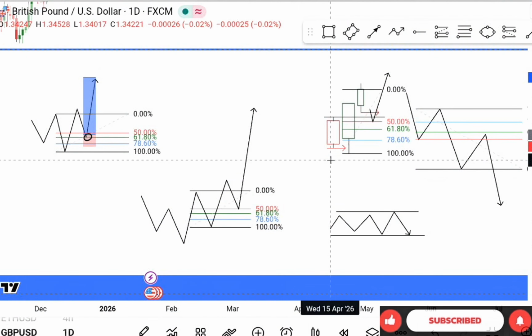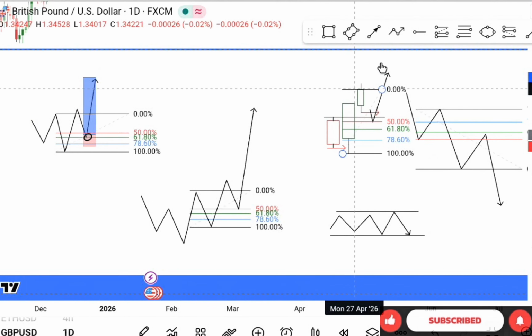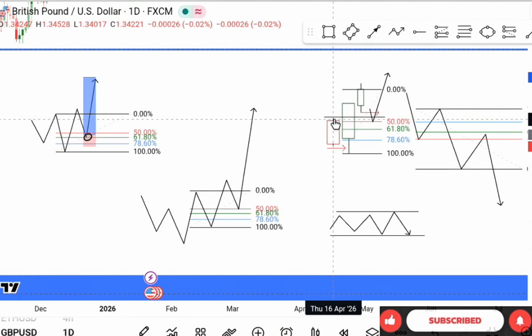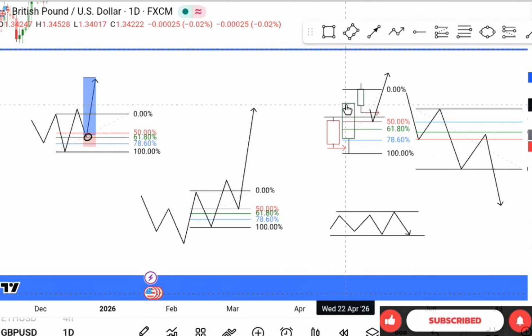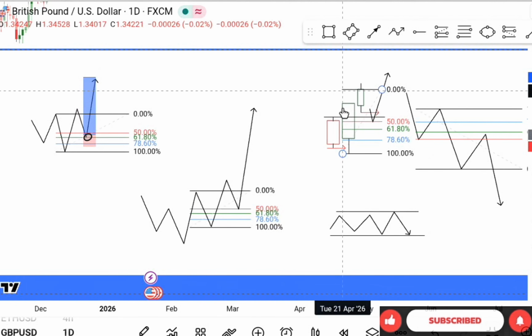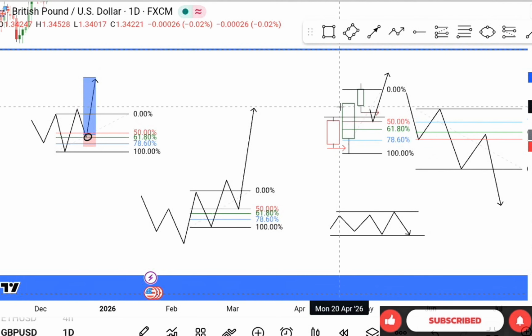That will be your first narrative, your first question to yourself before taking any order. Is it coming out from any sweep of liquidity? Did it displace? Did the third candle overlap with the sweep of the candle that was swept before the market displaced the